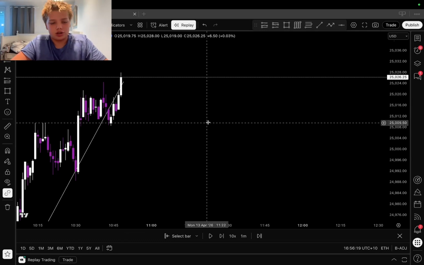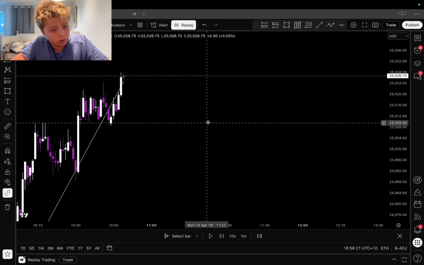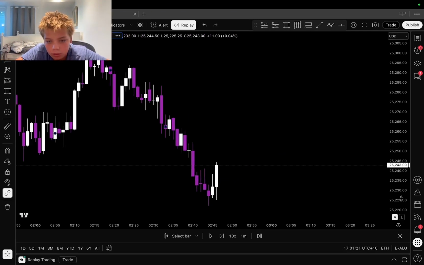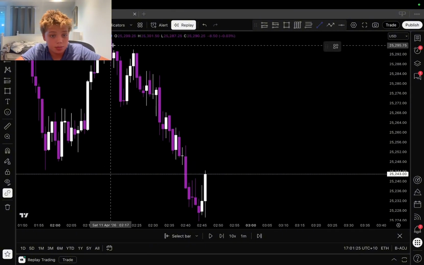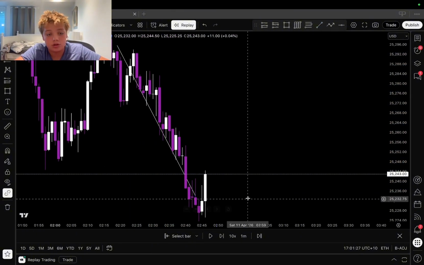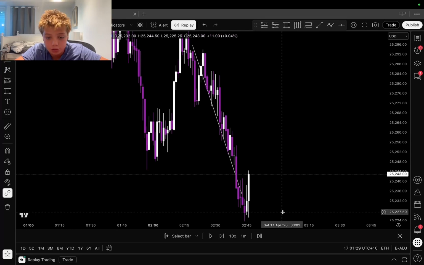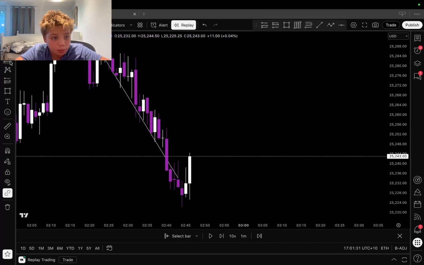Let's look for another example. Here we go. Here we have a big, strong downtrend, right? This is a very good case of SRL because we have a big, strong downtrend, two breakout candles in a row,